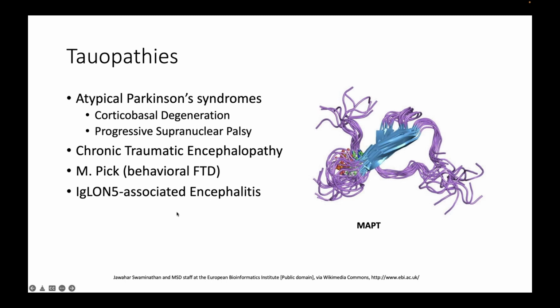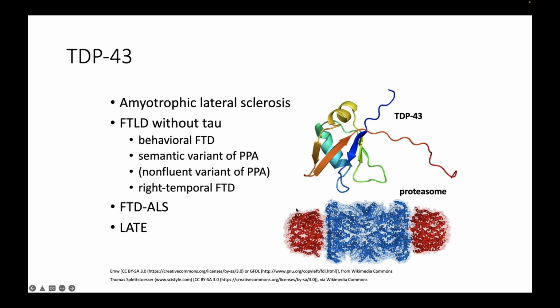Another rare condition where tauopathy is induced is the so-called IgLON5 encephalitis, a very rare autoimmune encephalitis where in the beginning you have acute encephalitis, but afterwards this also leads to a tauopathic degeneration of the brain. This is very interesting because it shows that tauopathy is really something that can be induced. And then, this makes it more complicated, half of the frontotemporal dementias are also caused by tau. And the other frontotemporal dementias are caused by TDP-43,